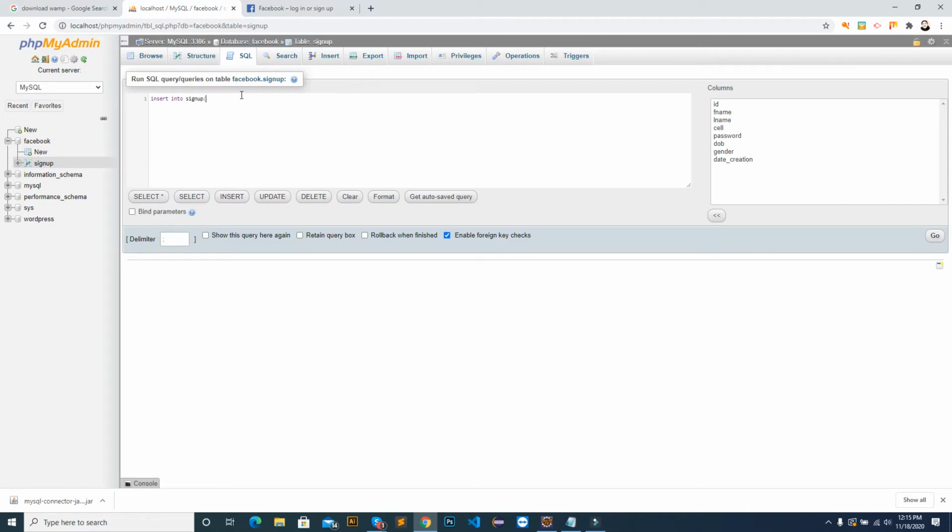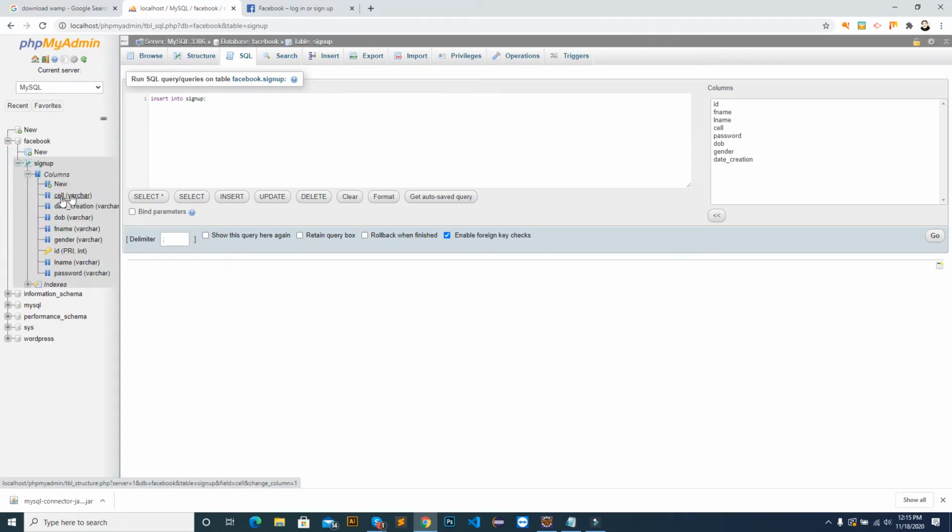Now the column names. If we see the column names from here, first is F name, then L name, then we do not have email. No problem, we are not using email.